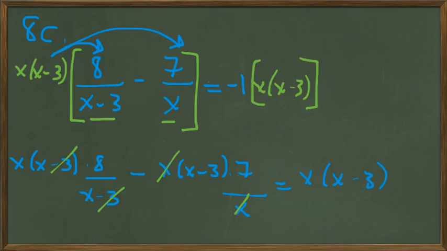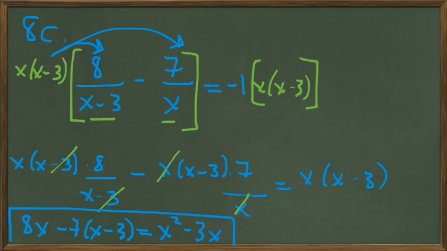So let's see where we stand on the next line. So we get to this equation here, which no longer has any denominators. Also notice one more thing, that when we distributed the x times x minus 3, because of this minus sign here, we have this minus sign here. So let's work now with